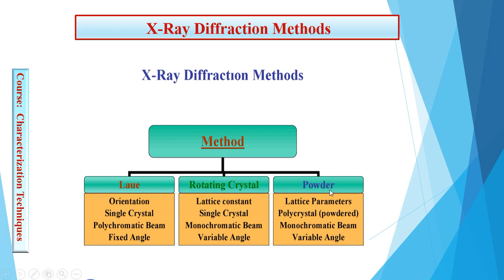Whereas in the powder method, we can also determine the lattice parameters A, B and C by using polycrystalline powder, which has more than one crystal,